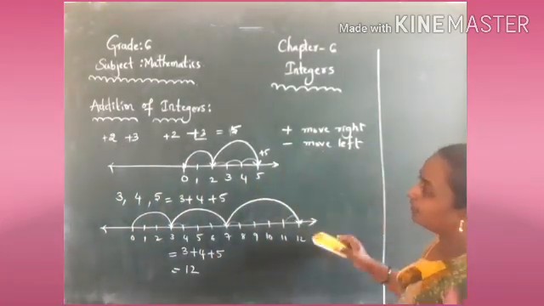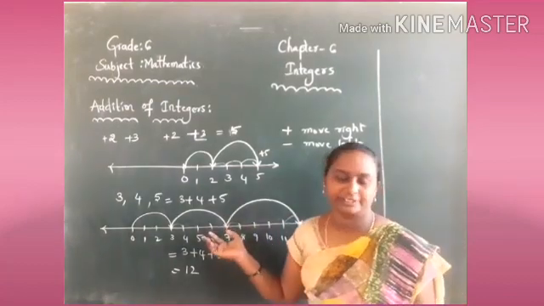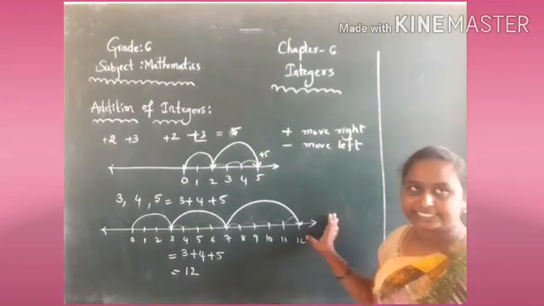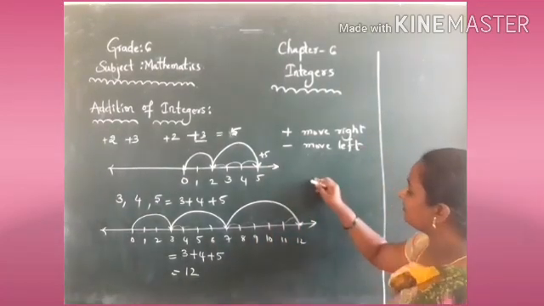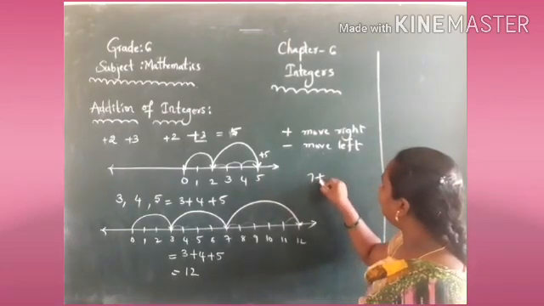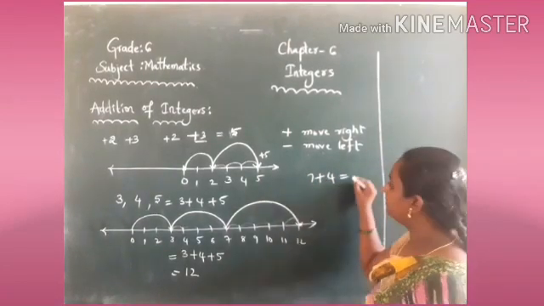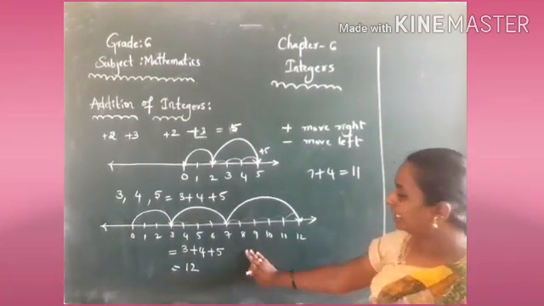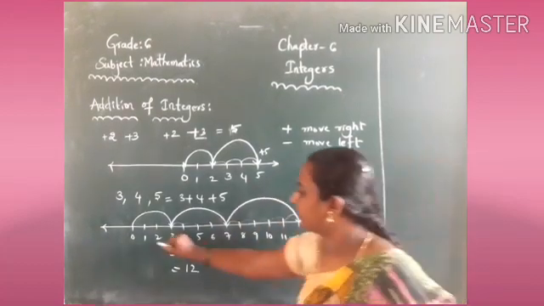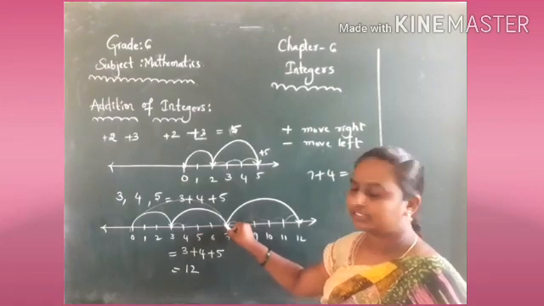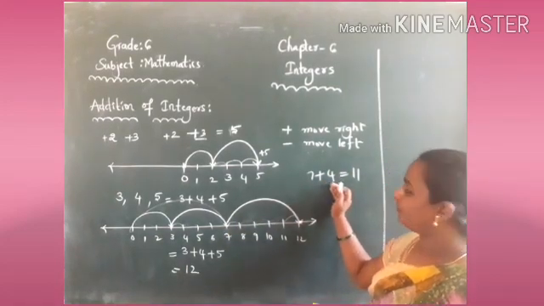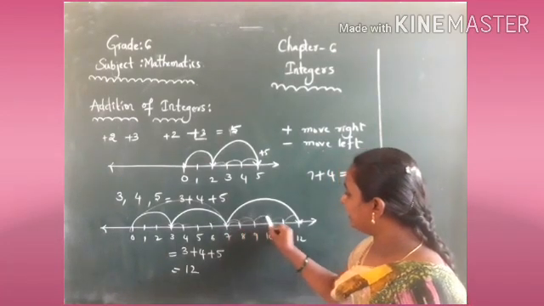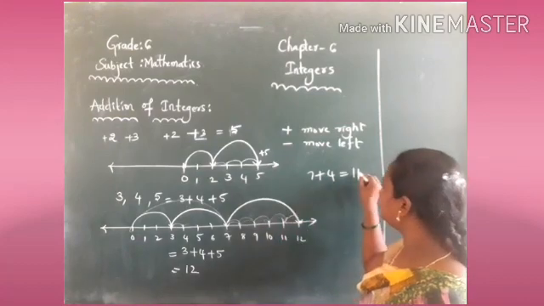Not only these 3, you can do addition using 4 integers also. Using the number line it is easy, right? Without it also we can add integers. 7 plus 4, 11. Now using the number line, observe this number line here. 7 means you have to go from 0 to 7. After 7, first 4 moves you have to move: 7 to 8, 8 to 9, 9 to 10, 10 to 11. Yes, 4 steps. It gives 11.